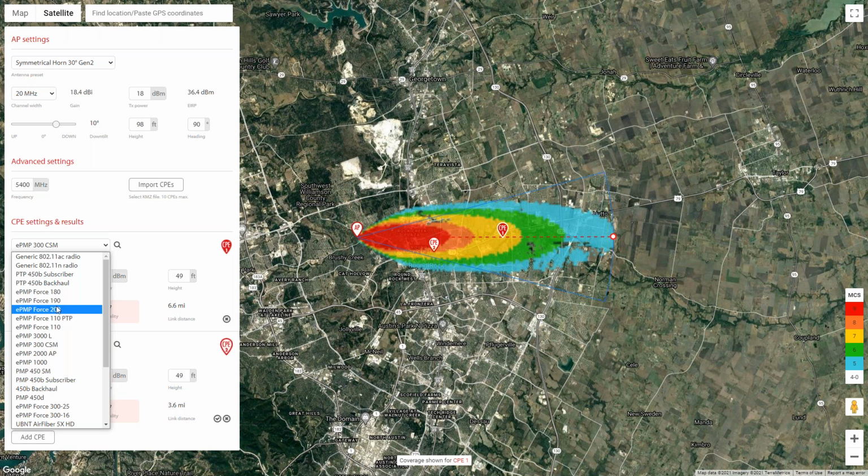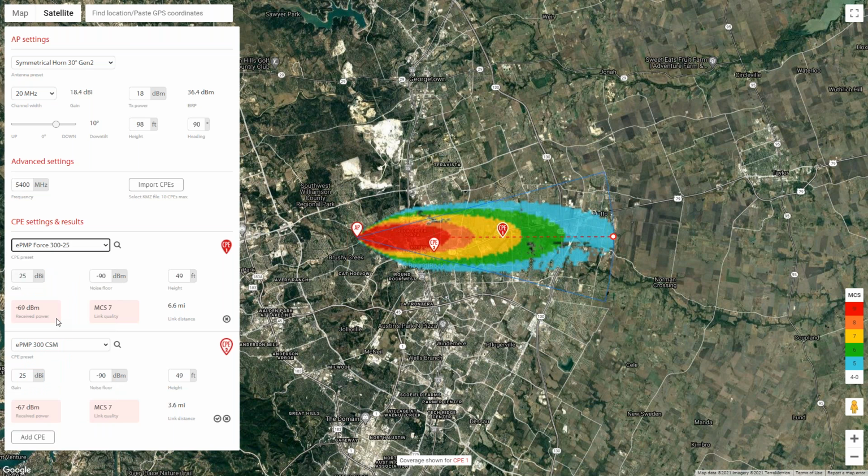Again, by picking these integrated units from manufacturers like Cambium or Mimosa, it already factors in the gain of those antennas, and as you change it, it will re-render and change what the MCS rates are for those particular devices based on the key device that you use here. So you can change it. Like I said, if we went here and changed this down to, let's say, a 19 dBi antenna,